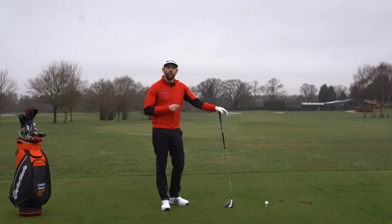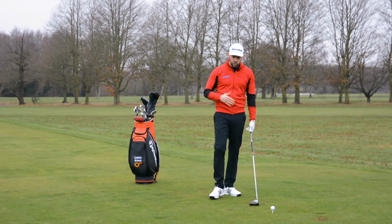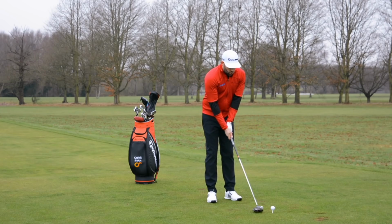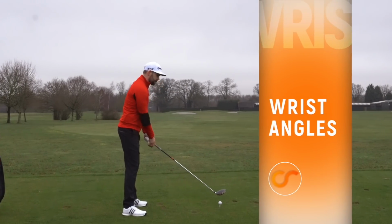Very often it's that lead hand, the glove hand, that we see being fairly weak. So check that grip to begin with. So let's move on. Let's assume that you've now got a fantastically perfect grip. You all have. The perfect grip gives you a much greater chance of having a neutral club face, but it